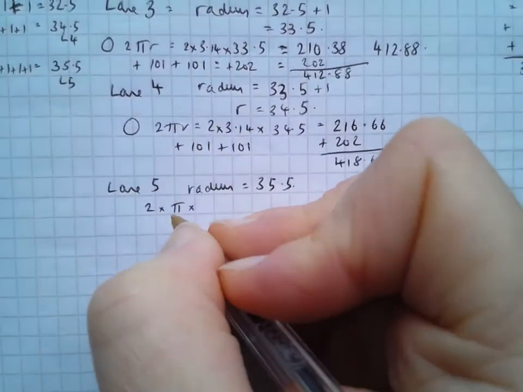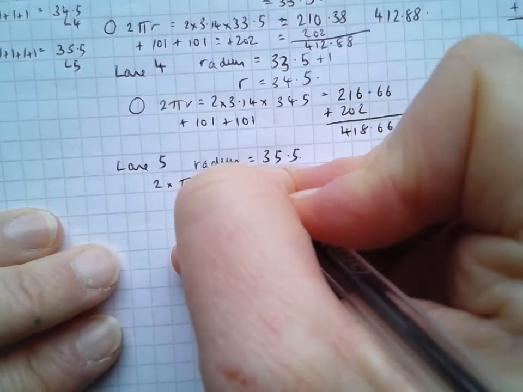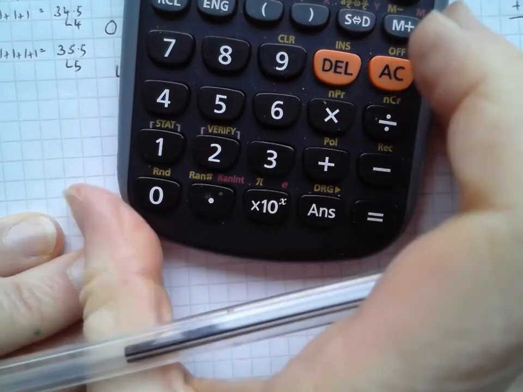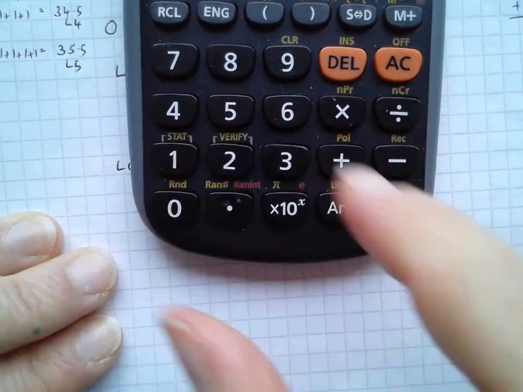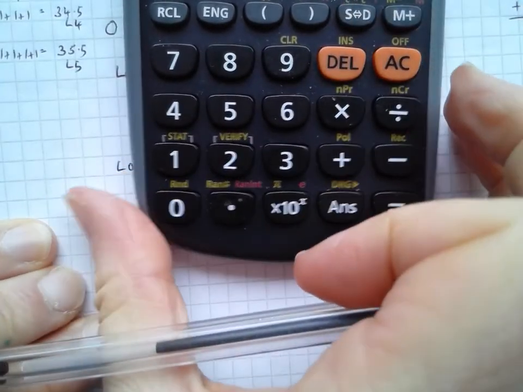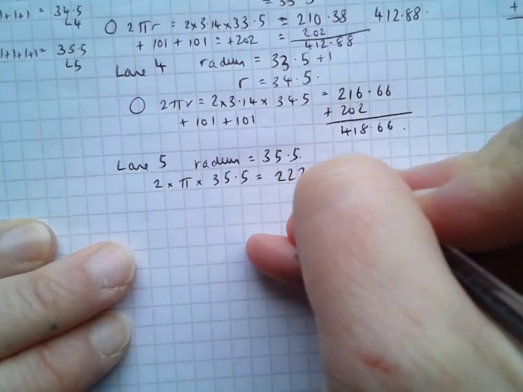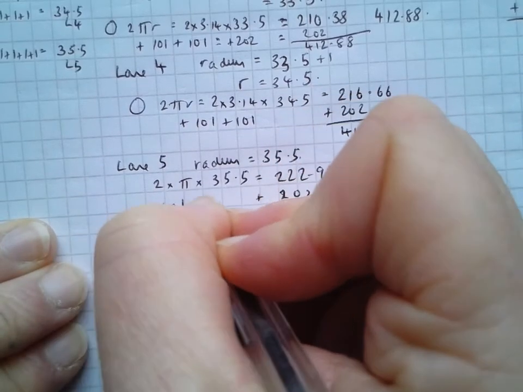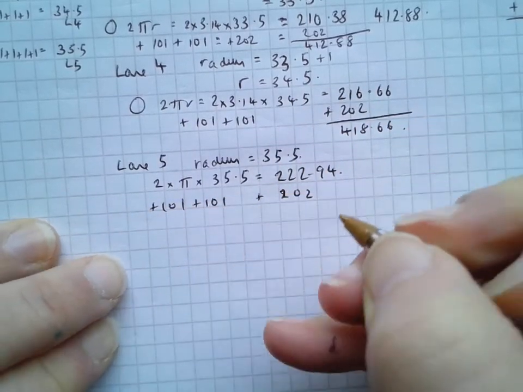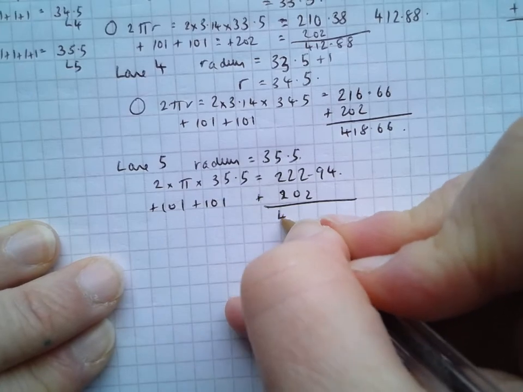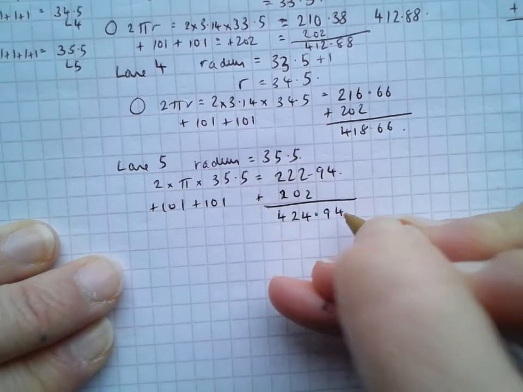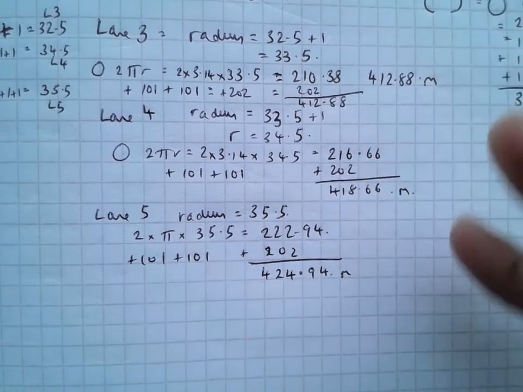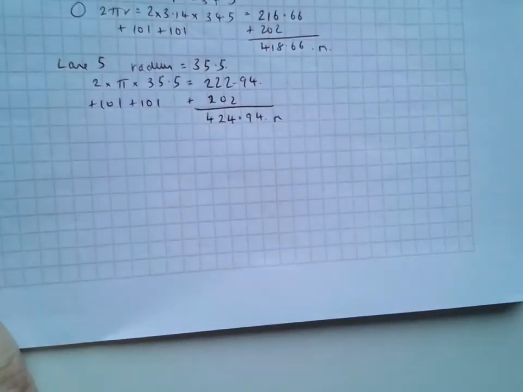And then lane 5 will be 2 by pi by 35.5, which equals 2 by 3.14 by 35.5, which is 222.94, plus 202 again. What's that? So 424.94 meters. So what we have here, very complicated question for the middle of an exercise, but anyway, what we have here is that lane 1 was